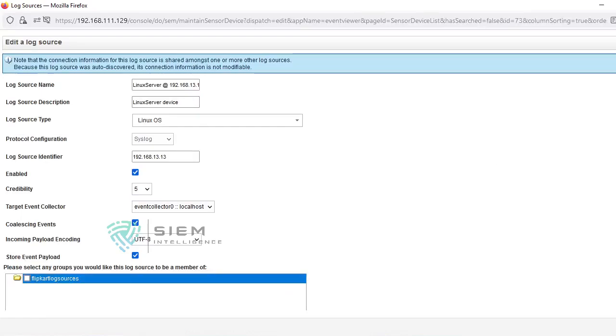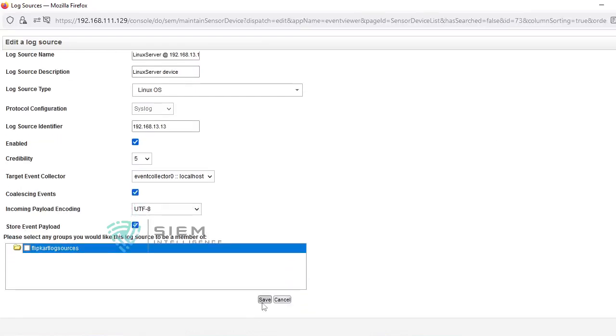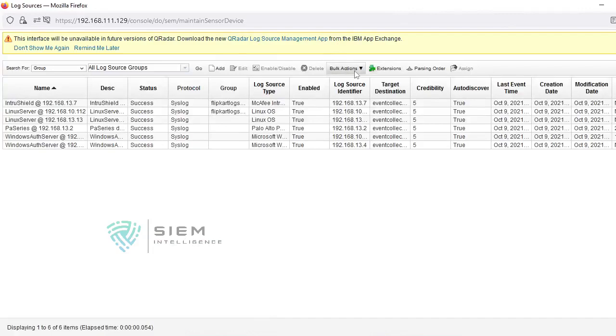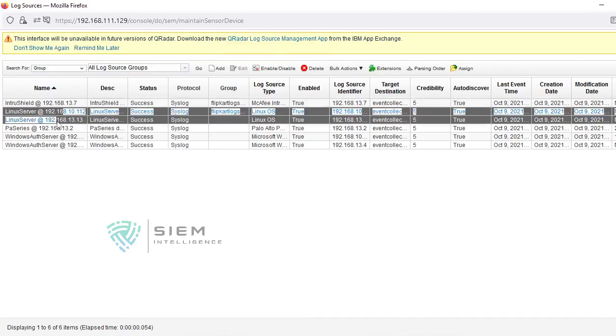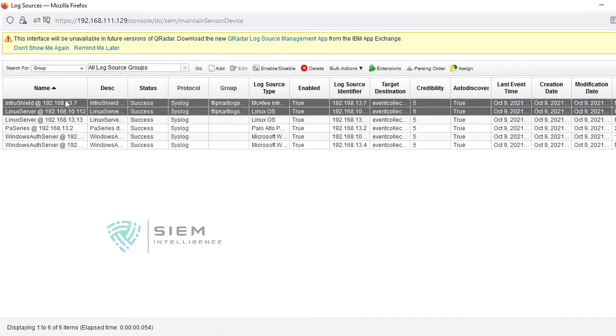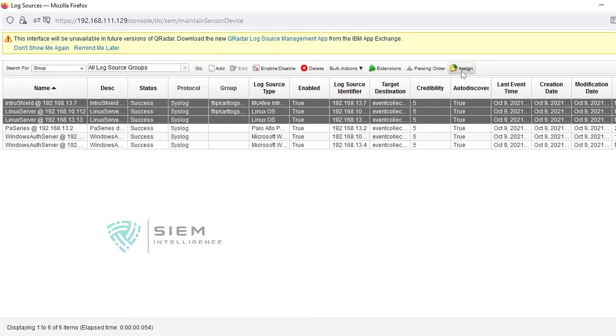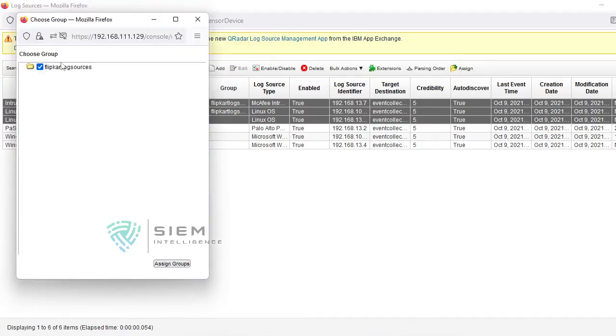You can also do bulk grouping by using bulk action, bulk add. You can select all these three and assign directly to some group like this. That's up to you.